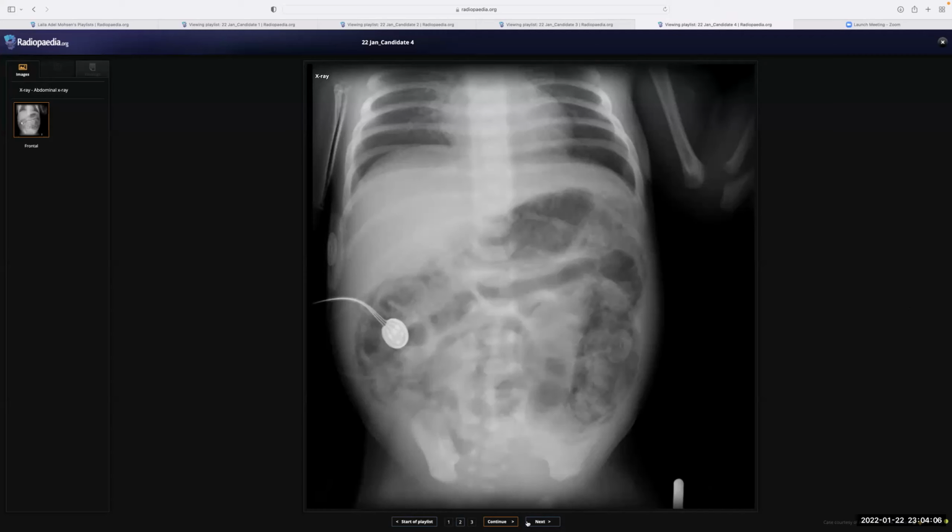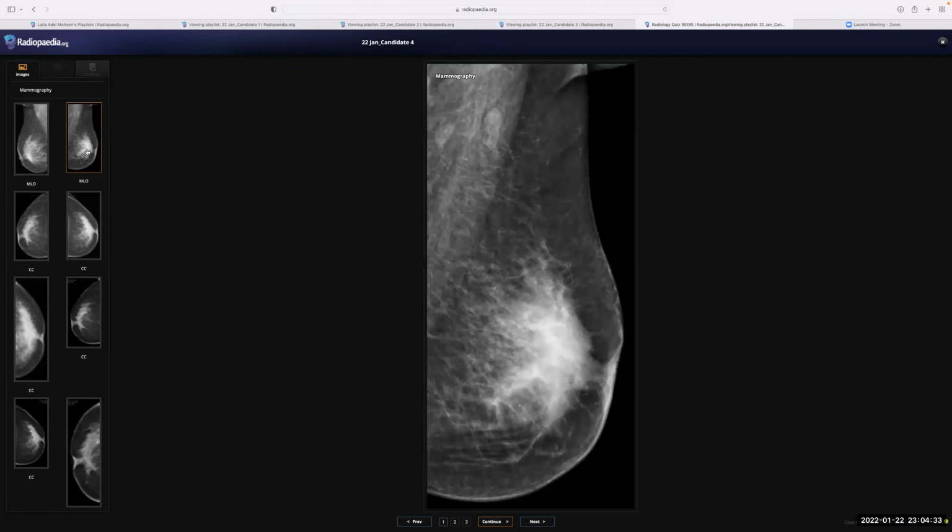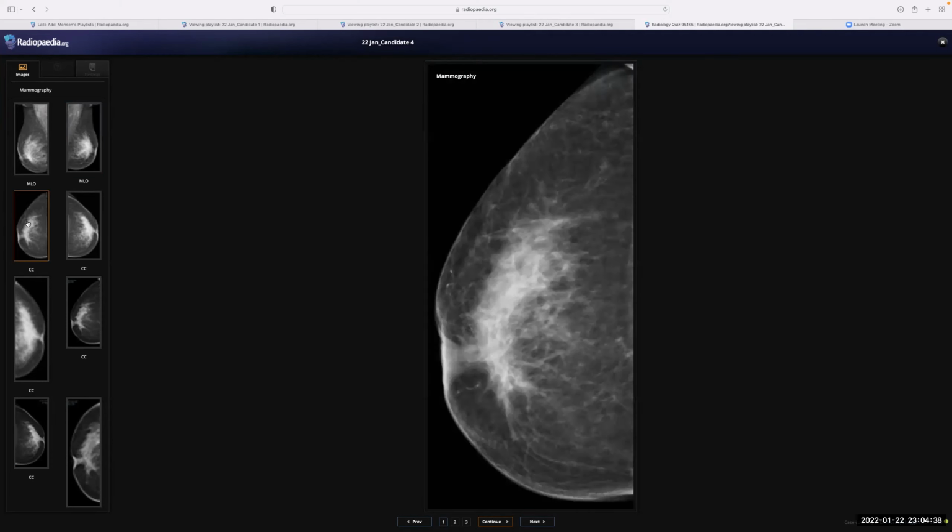Okay. So next case. So in this patient, they were screening for a primary. Okay, I can see the MLO view of the right breast. Do you want to show me, or can I see myself? No, you can choose them. Okay. I can see the MLO view of the right breast, and this is a MLO view of the left breast,